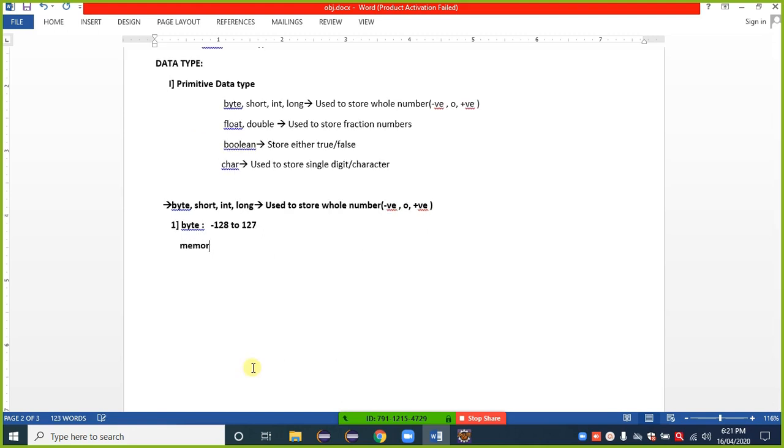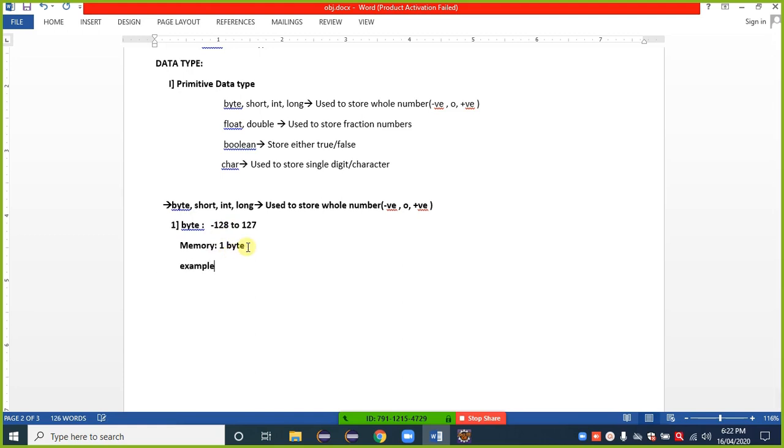What about the memory? It is 1 byte. On a 64-bit operating system laptop or desktop, it consumes 1 byte of memory. For example, if we are using byte b is equal to 23, it consumes 1 byte of memory.